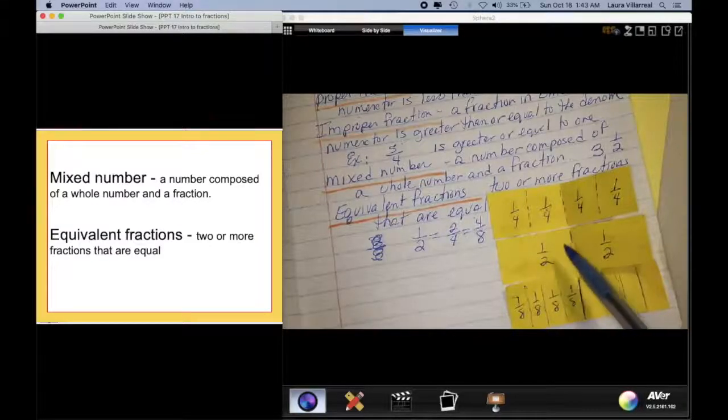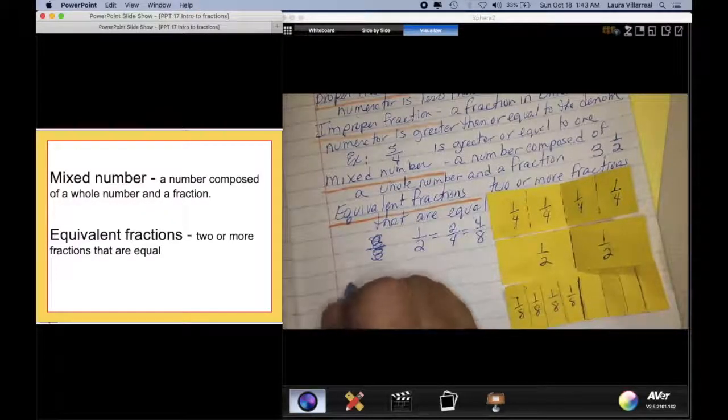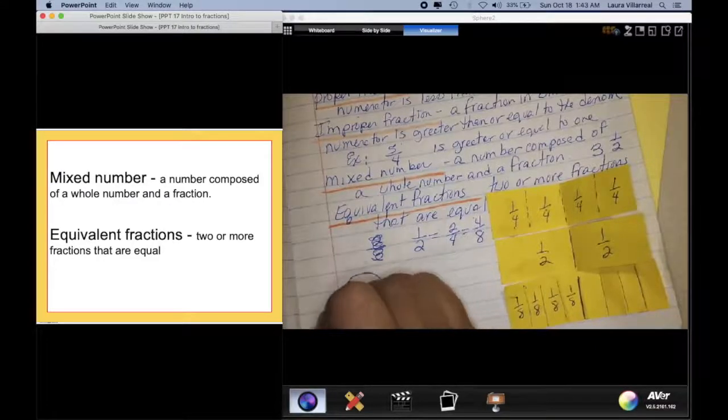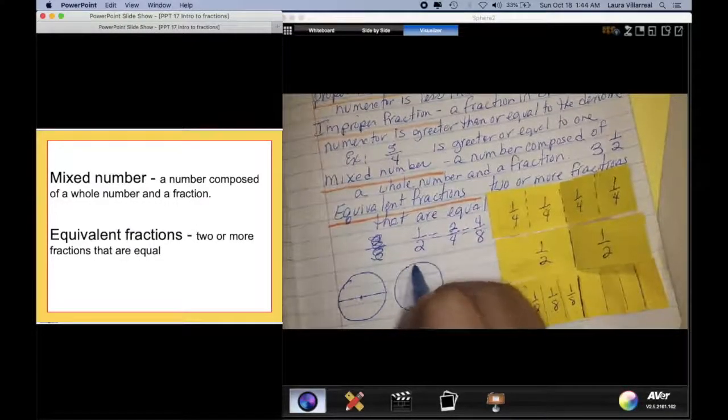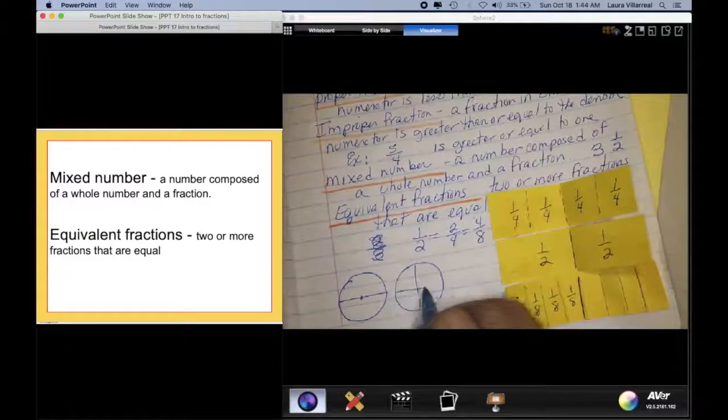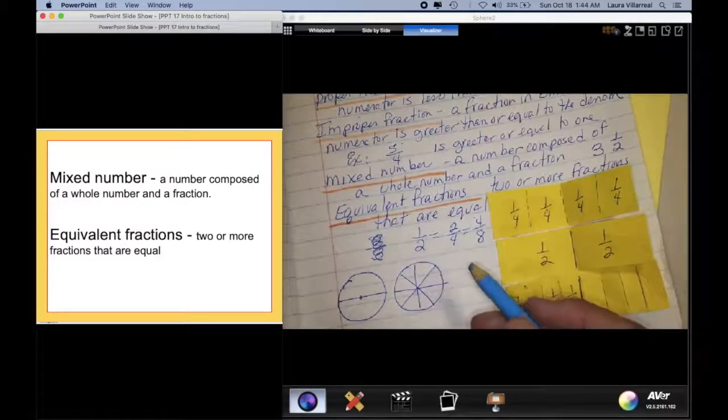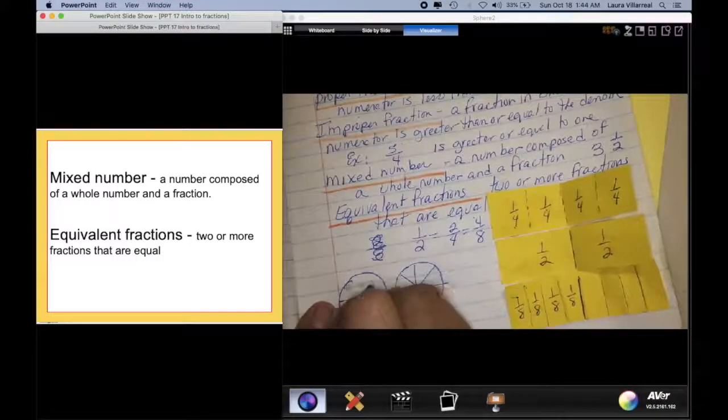For example, if you buy a pie and you cut it in half, or you can get the same pie or pizza, you can do this with pizza or whatever, and you keep cutting the slices smaller and smaller and smaller, it's regardless, it's going to be the same size. Half,